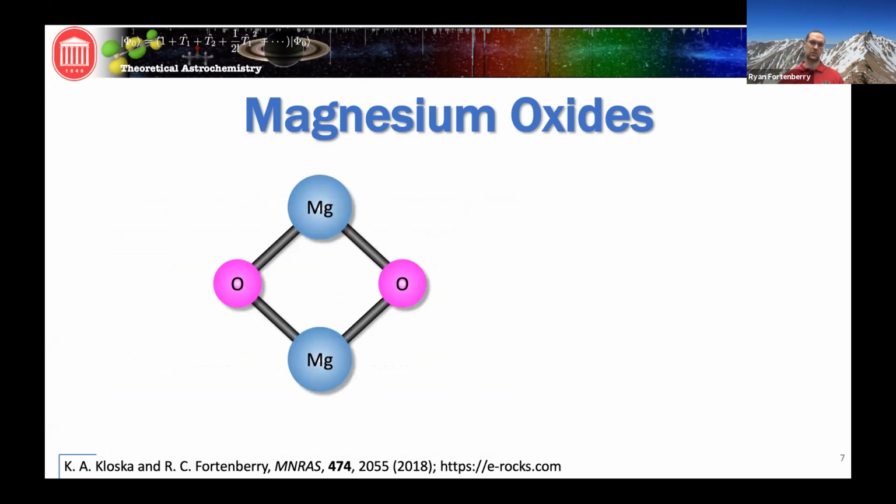So it's this D2h structure where we have the magnesiums and the oxygens making a diamond. Now, the interesting thing here is this molecule does not have a dipole moment, so it will not be able to be observed rotationally with microwave spectroscopy the way that, again, as Connor was talking about with his techniques earlier. So we need some type of infrared information. One of the things that comes out of magnesium oxide is that we have this really electronegative oxygen atom, and we've got this really electropositive magnesium atom. And the oxygen is like, give me all your electrons. The magnesium is like, please take them away. I don't have them. And so it has this nice charge separation for when the atoms are moving.